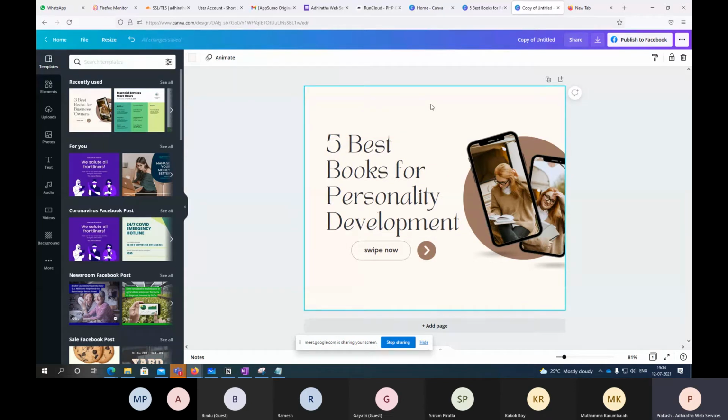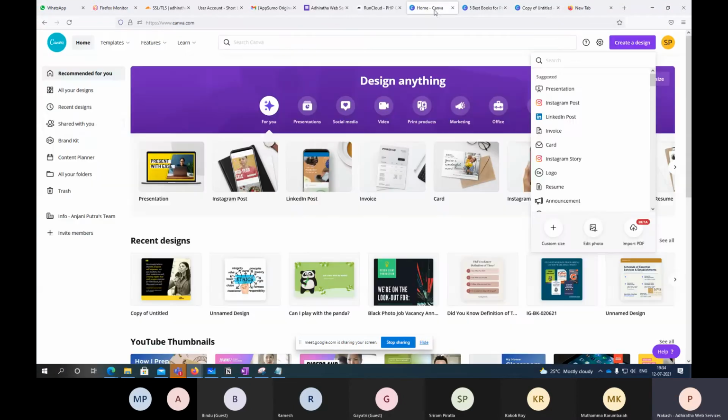Right, this is what Canva is, and it has a lot of other features and functionalities, right? Once you start doing things, you will be able to learn, and it has multiple options here. So now you can create, and you can share with people, right? You can share with a team. People can start working together. All these things you can do here.